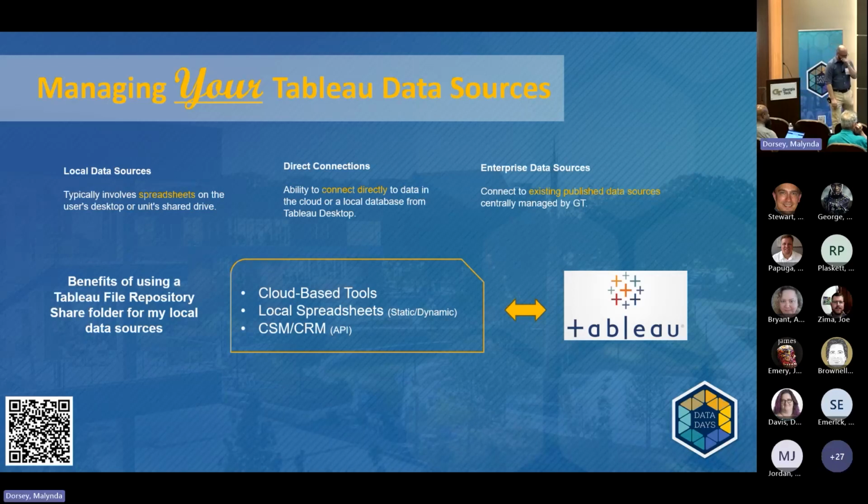So let's talk about how you manage your data sources. The local data sources, for example, are spreadsheets that you have. This is slightly different from what Nick was talking about earlier with big software, big data. This is when you have a small version of data that you would like to correlate with the institutional data. Case in point, the CSM system, for example,